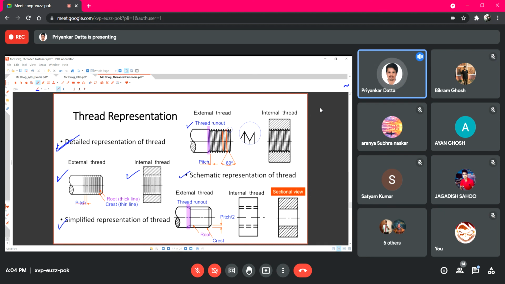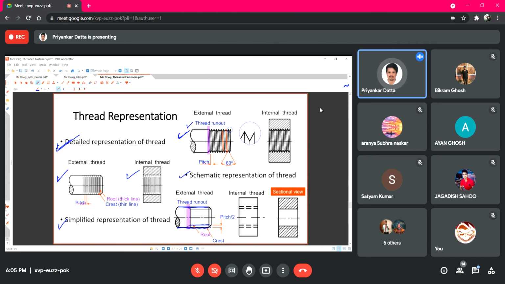For the front view of this kind of thread profile, the outside portion of the threaded part is shown using thick lines, and inside that the root portion or the minor diameter is shown using a thin line. The outside two lines indicate the major diameter.